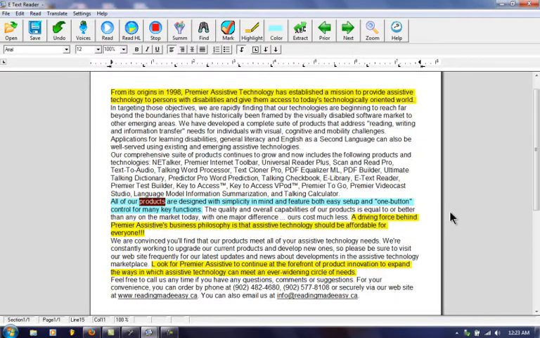All of our products are designed with simplicity in mind and feature both easy setup and one-button control for